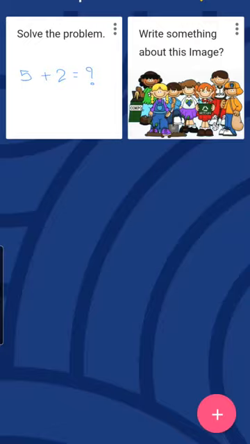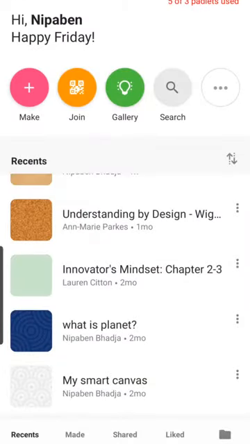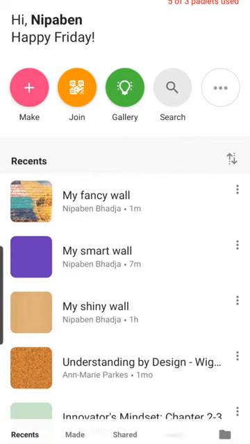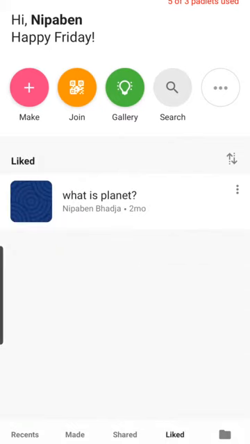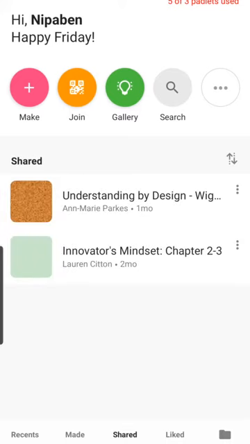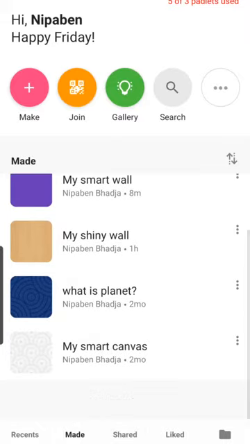It's a very useful application in a classroom to get in touch with the students. It's also useful because one student can see the answer to a particular question given by other students, so they can gain ideas through the answers and share their ideas with other students. They can like whichever answer is good with this button. They can share their own Padlet with other students, and they can make their own Padlet.